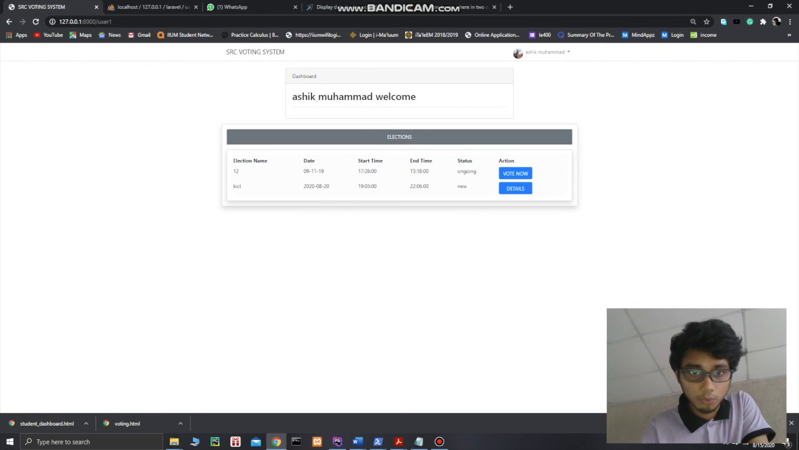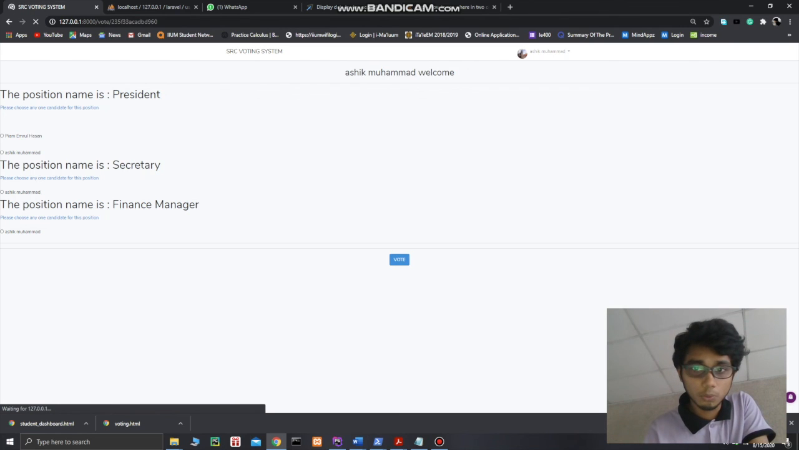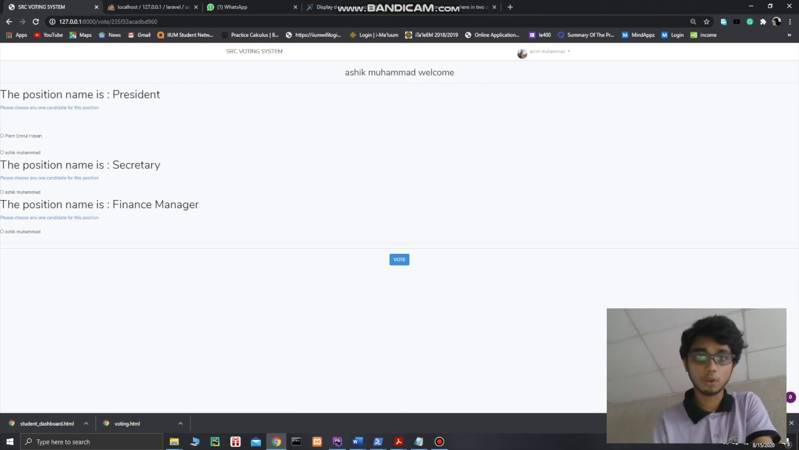So right now for the election, let's say the first one, the status is ongoing, so he can vote right now. We click on vote now, and we can see the positions that are available, so president and the candidates. We have not yet completed the front end for this part, so it looks bare bones. There are the positions and the candidates competing for these positions. Then there's secretary and also finance manager. So he can select those